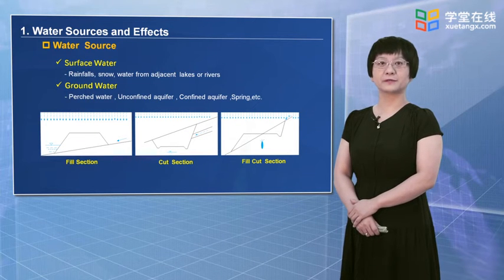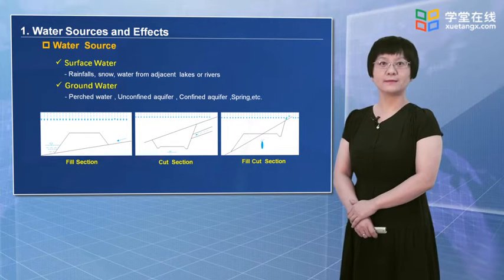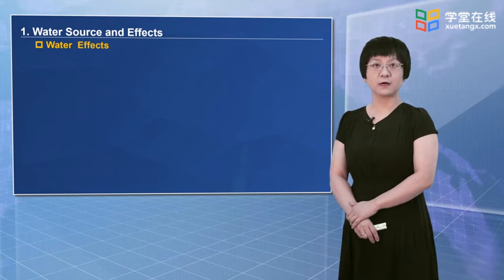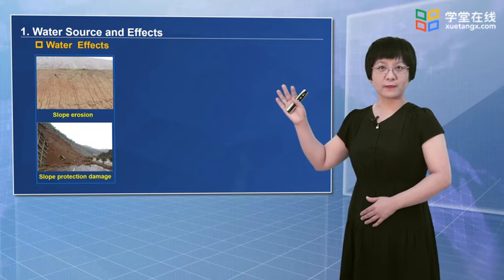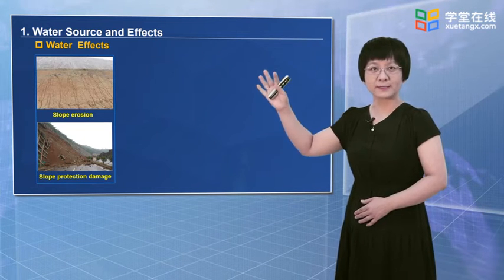In highway engineering, two sources of water are primarily concerned. The first one is rain, snow, adjacent lake or rivers, while the other one is the groundwater, which includes perched water, unconfined aquifer, spring, etc. Effects of those two sources of water may include washing away the soil, which leads to slope erosion or slope protection damage,